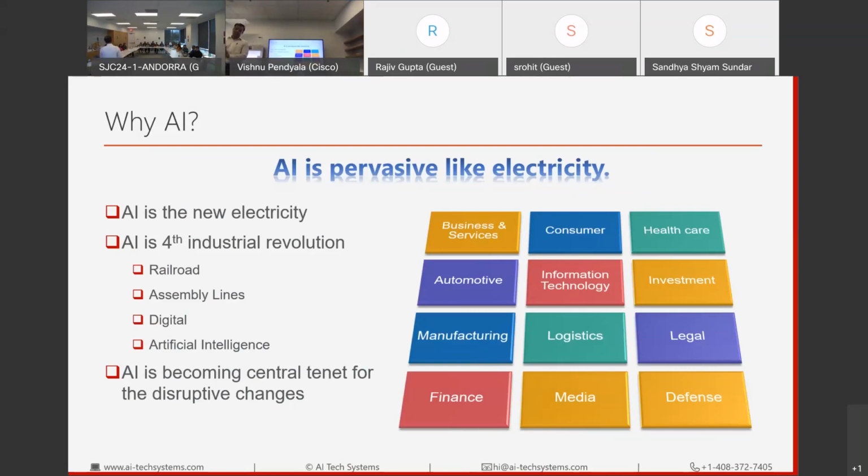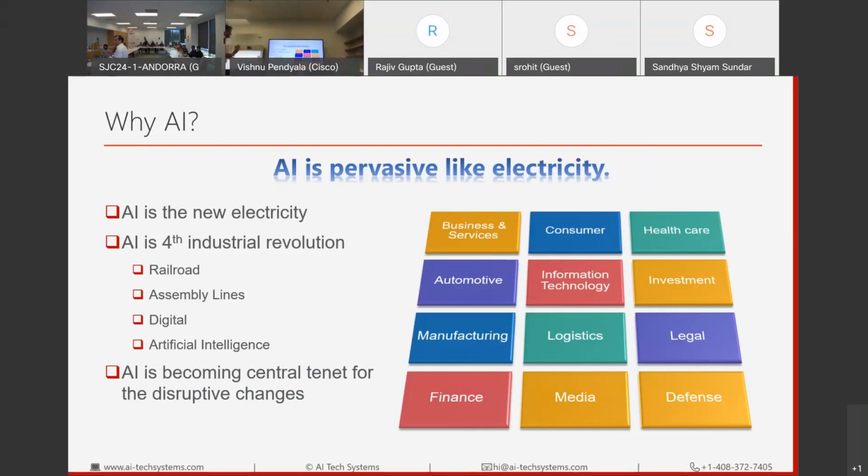It's been touted as a 4th industrial revolution. Railroad was first, assembly line was second when it connected the world, the US, the transportation of the goods was possible from one location to the other. And of course, digital. In 1970s, when chips started, the whole thing changed our lives. So there are a lot of semiconductor powered devices that we are on today. We cannot realize our daily life without those. And 4th one is AI.